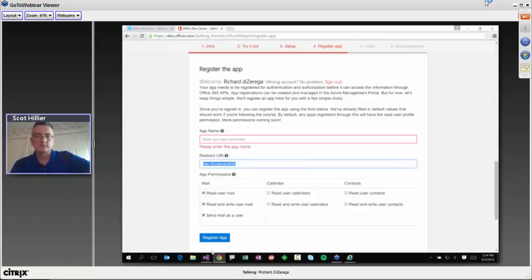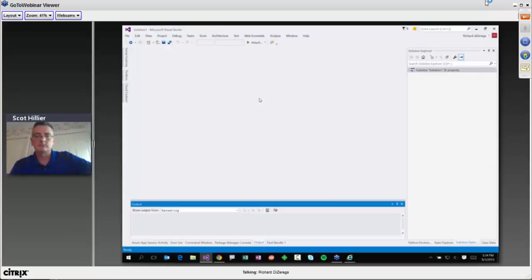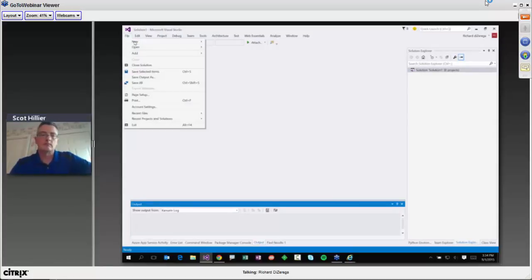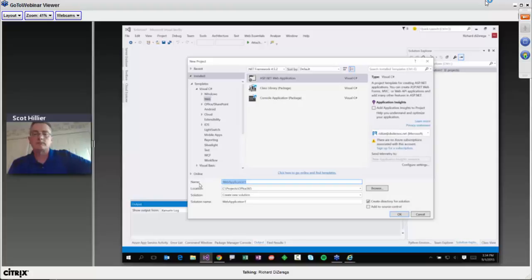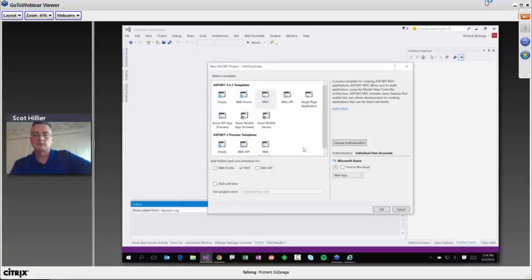So the other thing is I will point out that Visual Studio has a good getting started experience as well. So I'm going to come out here. Let's create a new project, and I'll show you a little bit of the authentication piece for creating one of these applications. So I'm going to create one. We'll call this the O365 Dev Pulse app. I'm going to create a web application. And it really doesn't matter what I go with here. I'm just going to create an MVC app. It honestly doesn't matter a whole lot.